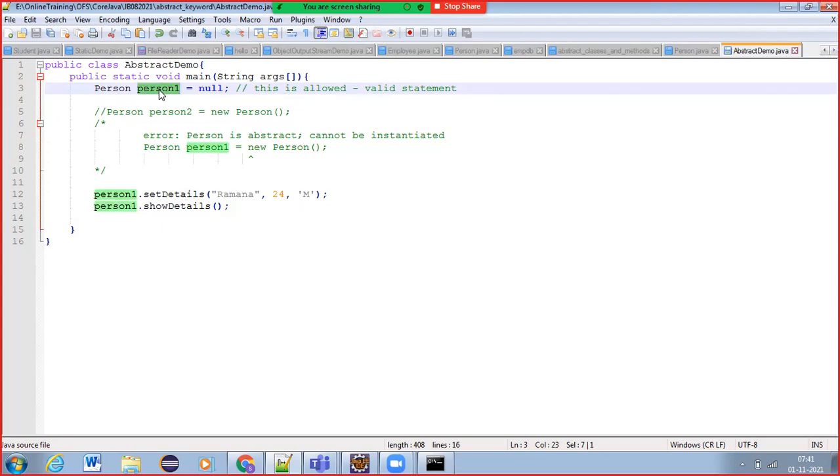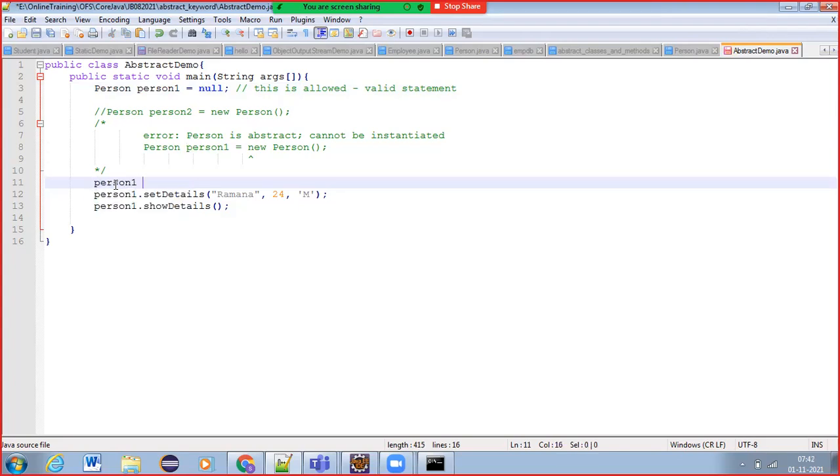So directly we cannot use abstract class reference variables like this. If we want to use abstract class reference variables, we have to write person p1 equals, and instead of null, we need to place a reference to some object.